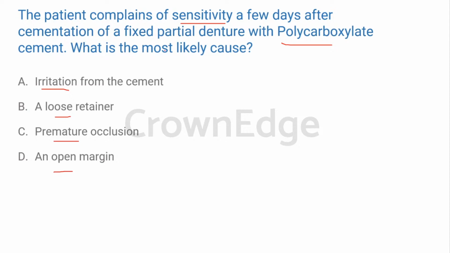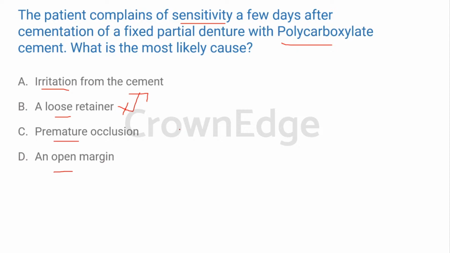So irritation from the cement is still an option because, like I said, polycarboxylic acid is present. A loose retainer will not cause sensitivity as such. It will just cause dislodgement. The crown will just come out. So this is not a correct answer. A premature occlusion could be a reason for sensitivity occurring, and so could an open margin. So you gave a subgingival preparation, because of which the cement has leached inside, and that could also be a cause. But what happens ideally with regards to an FPD is that the first major causes of